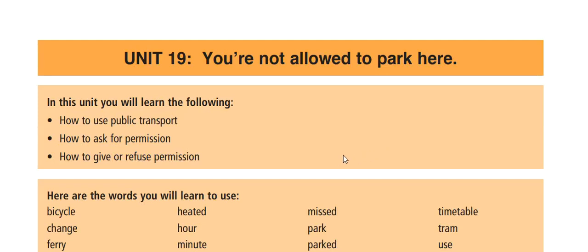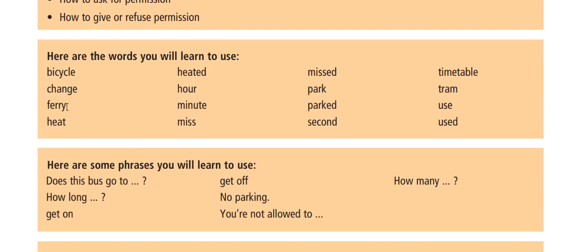Today we are going to learn Unit 19. In Unit 19, you are not allowed in the park. Okay, this is the title of Unit 19. In this unit, you will learn the following: how to use public transport, how to ask for permission, how to give or refuse permission. Here are the words you will learn to use: bicycle, change, ferry, heat, heated, hour, minute,